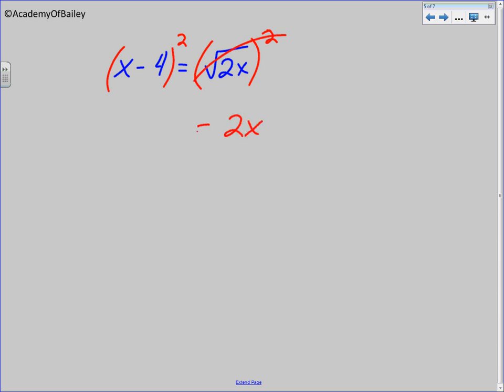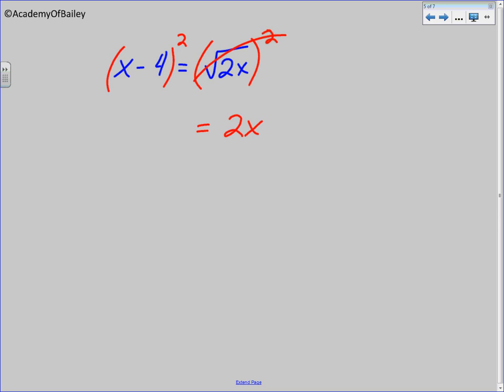We're going to go x minus 4 is equal to the square root of 2x. So ideally you're thinking, I want to get rid of that radical, I want to get rid of the square root, so we square. We have to square both sides. So those cancel, leaving us with 2x. And